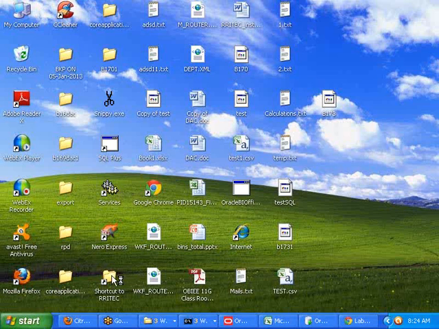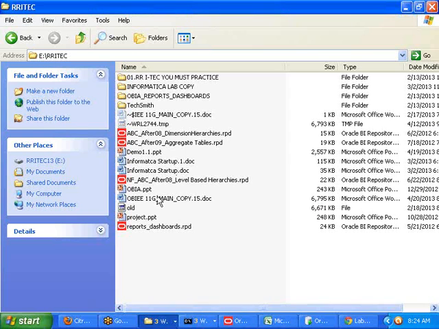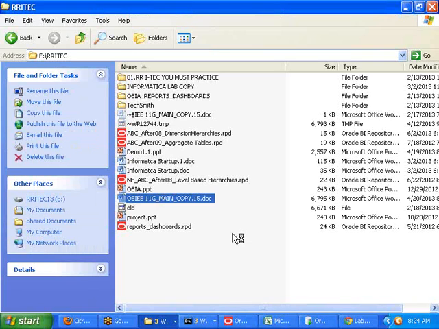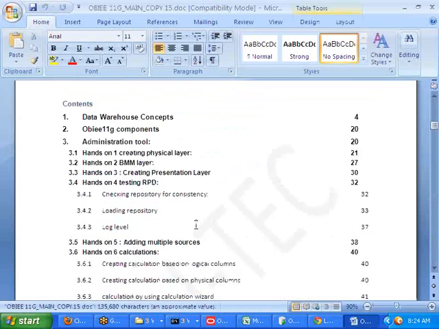Views is a very important chapter and also a very simple chapter. Let us go and try to understand it. I am going through your classroom notes, the OBIEE 11G main copy, and the page number is